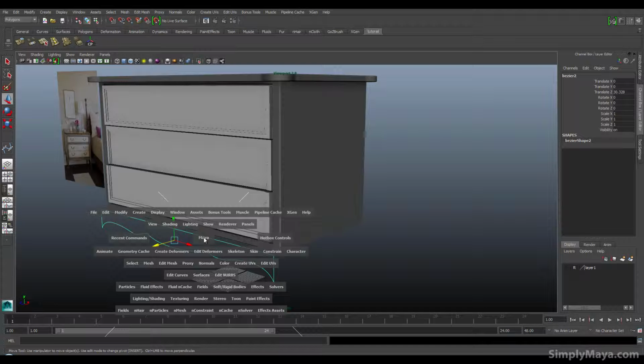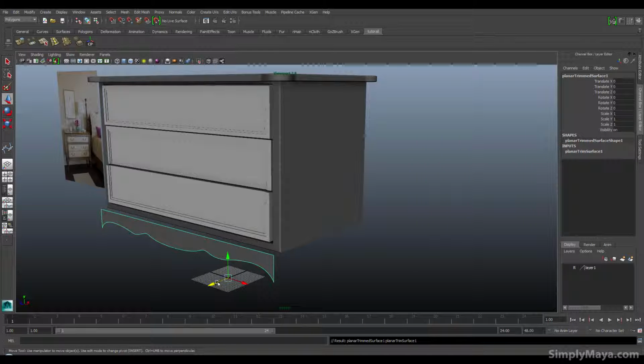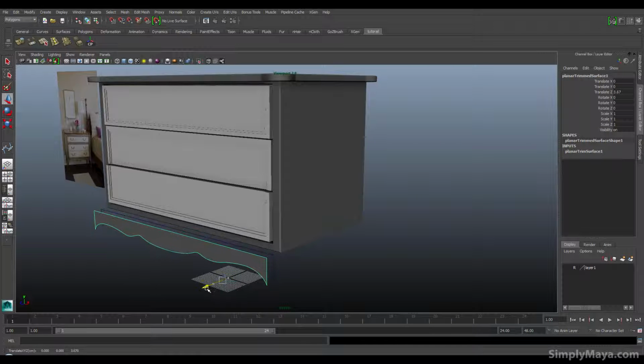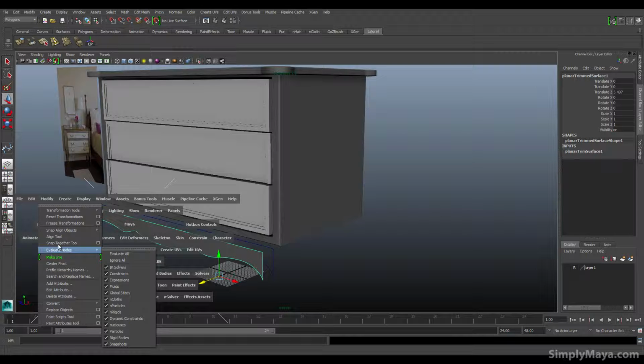So let's have a look here what we can do. So under surfaces, we've used this loft. Let's have a look at planar. What this will do is put just a flat surface in. So I can just tell it to use its default settings, and we'll see that's going to just create this NURB surface here, which works pretty well. And then I can come along and convert this NURB surface to polygons. So modify, convert,